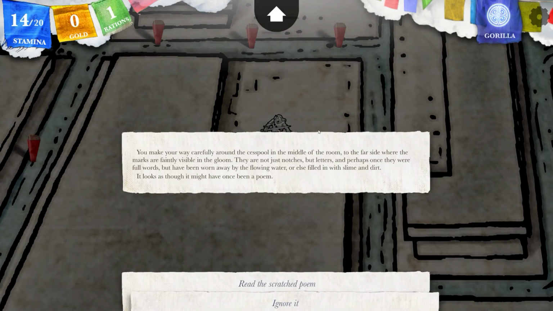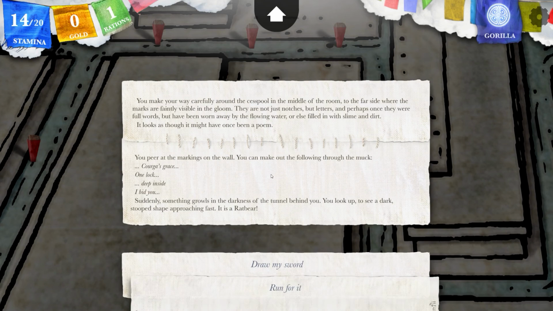You make your way carefully around the cesspool in the middle of the room to the far side, where the marks are faintly visible in the gloom. They are not just notches, but letters, and perhaps once they were full words but have been worn away by the flowing water, or else filled in with slime and dirt. It looks as though it might have once been a poem. You peer at the markings. You can make out the following through the muck. Kurg's grace, one lock, deep inside, I bid you,